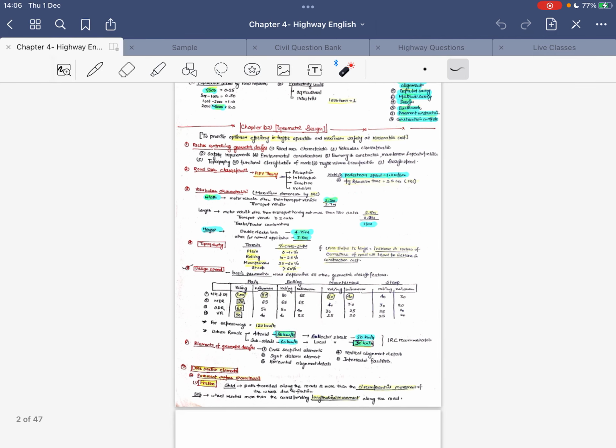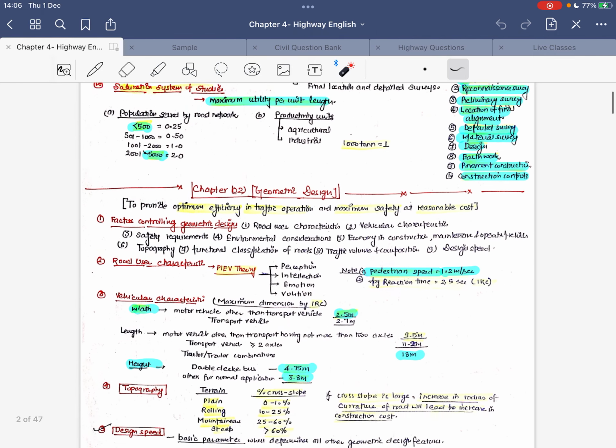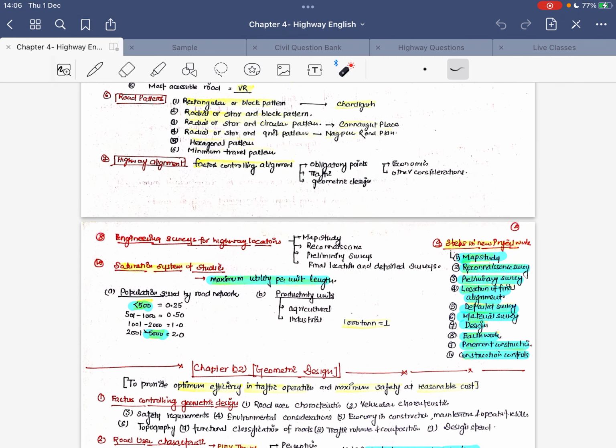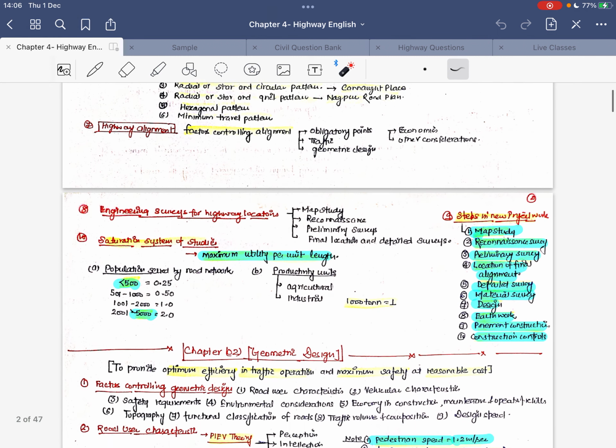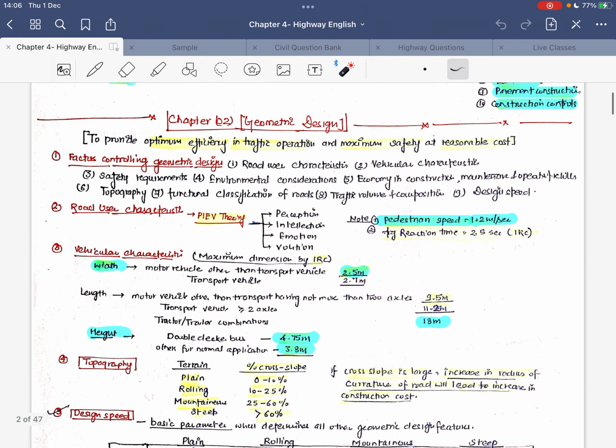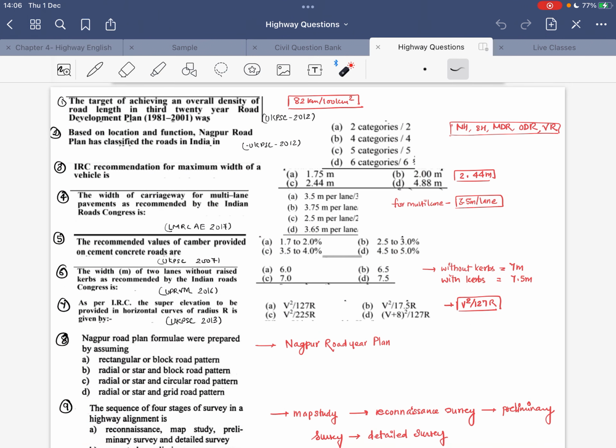In the last class, we covered module 1, which was about the basic introduction of transportation engineering. Today we are going to cover module 2, that is geometric design of the highways. This is very important. But before starting chapter number 2, let's go through some of the questions from module 1,